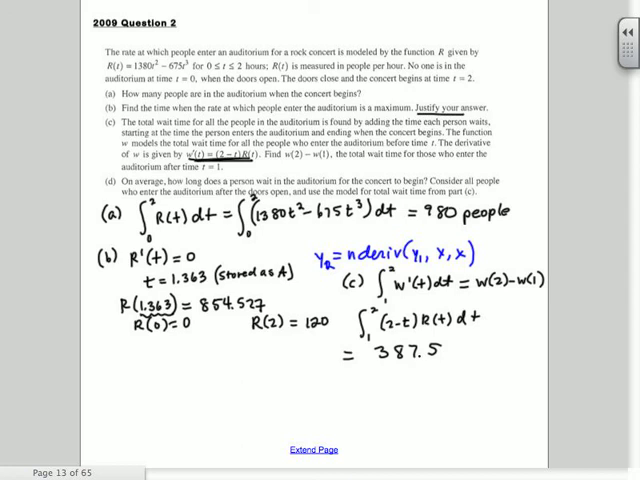All right, so what are my units for part C? Units? Hours. Again, this is the total